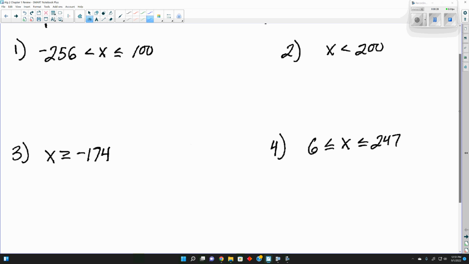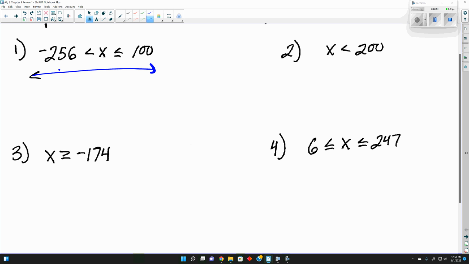So now, one way that I figured we could do the first ones, if we know for, say, number 1, that this is going to be parentheses negative 256, comma 100, bracket, because parentheses if it's included, brackets if it's not, and we have 2 endpoints. This is one way we can look at it. Now, the other way is,